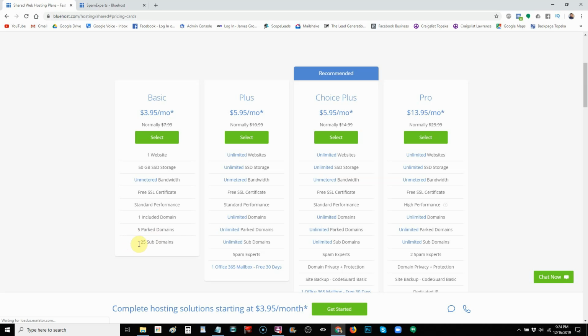And then 25 subdomains is for breaking your website down into different layers. It's like, let's say you could have yourwebsite.com, and then you could have store.yourwebsite.com, and then blog.yourwebsite.com. A subdomain is just a way for you to really, I'd say, just categorize your website and keep certain parts of your website separate from other parts. That's super generic, super vague, but that's on purpose. It doesn't have to be that complicated. So that's the breakdown of the basic plan, coming in at